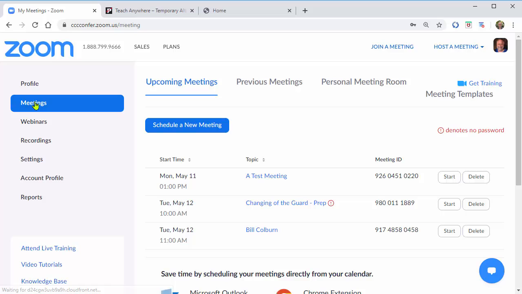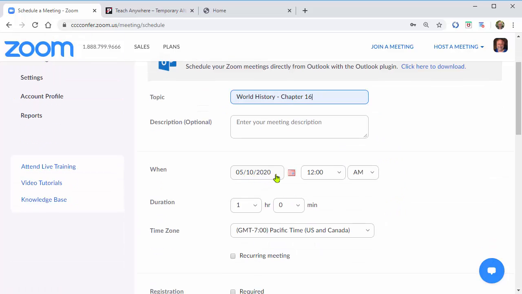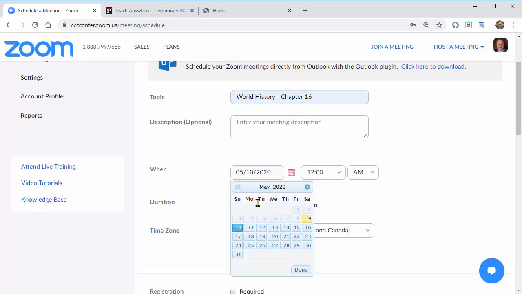So back to the meetings area. This is where we start. So I'm going to schedule a new meeting. I click on that. Now, it puts you in an area where you can give a topic for the meeting. I've been being a world history teacher in a lot of my examples, so I put World History Chapter 16 this week. And here we just select the date, and so a little calendar there,